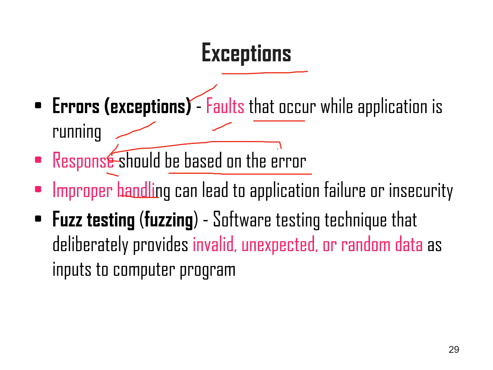Improper handling can lead to application failure or insecurity. So while handling a particular application, improper handling will lead to application failure. So we can go for fuzz testing, a software testing technique that deliberately provides